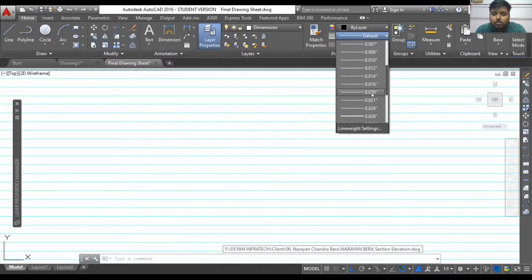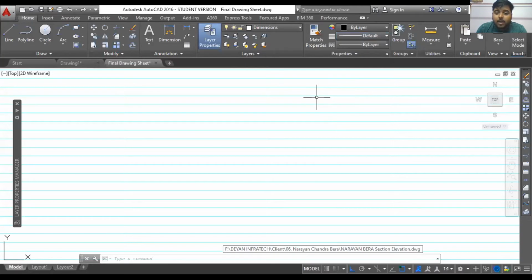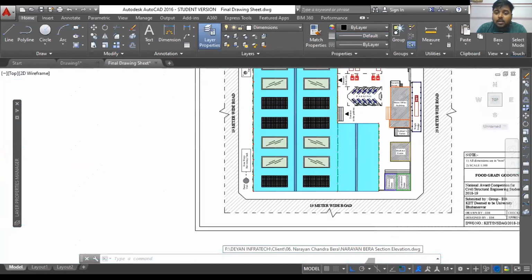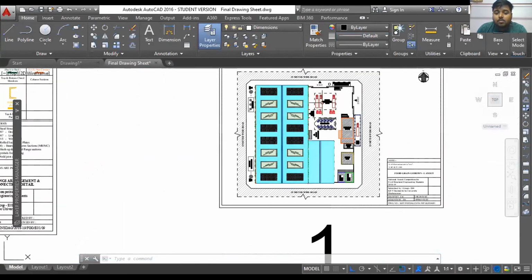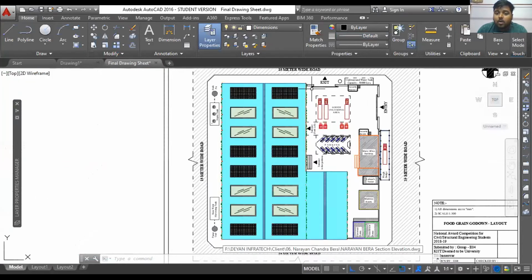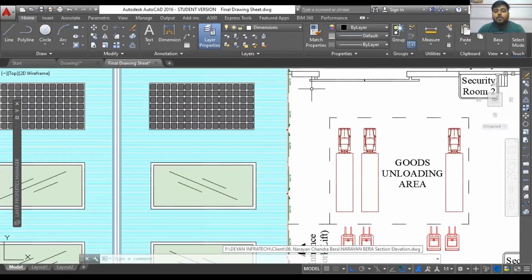You cannot observe it, or you cannot differentiate, or you cannot understand the contrast between two different thick lines, because within the AutoCAD screen it's always the same. It will look the same, at least. So at that time, you can only understand it when you are watching a proper print view or after printing it on paper.